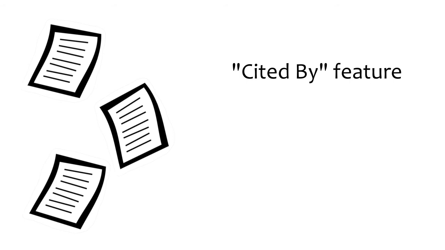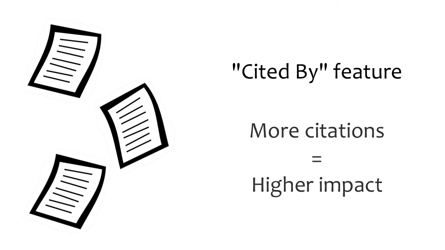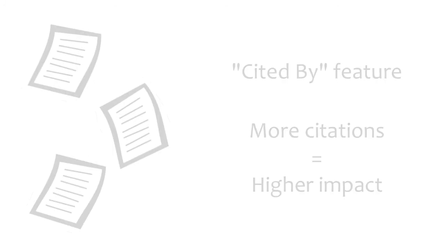It is also helpful to know if one of the articles you're using has gotten a lot of citations since it was published. That indicates that the article has a higher impact. You should continue to think critically about what a high number of citations means. But there's a good chance that a lot of citations means that a lot of other researchers think highly of that piece of research.